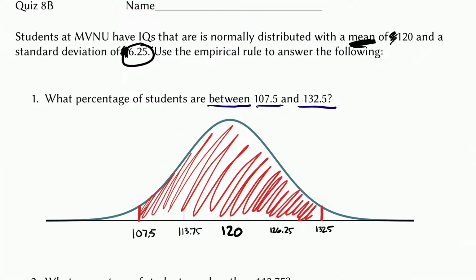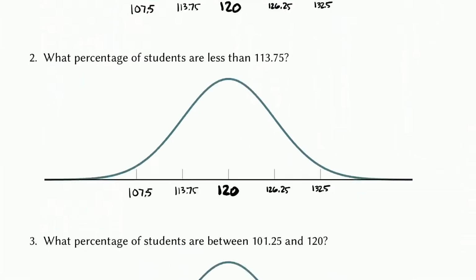There we go. Now, before we go on, take a look at what I've shaded. And in your mind, give an estimate. What percentage of the entire curve has been shaded? It's almost 100%, isn't it? It's a big percentage. And so if you gave me an answer of 3%, you should hopefully be able to say, wait a minute, that's not 3%. That's a big number. So there's that one. Let me shade the other two just to show you how this works, and then we'll go and get our answers.